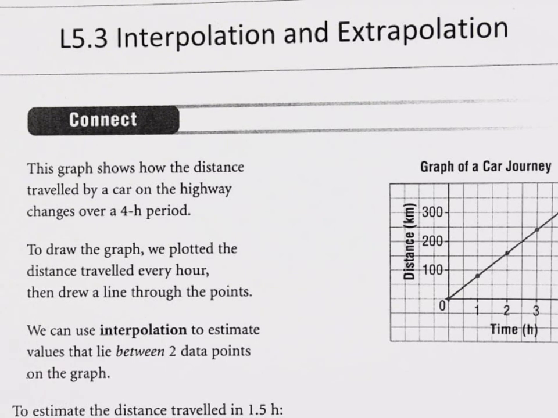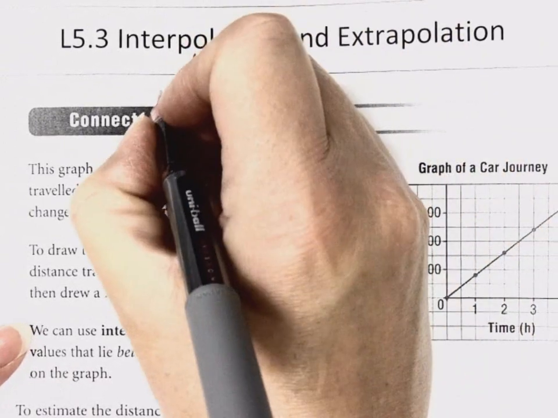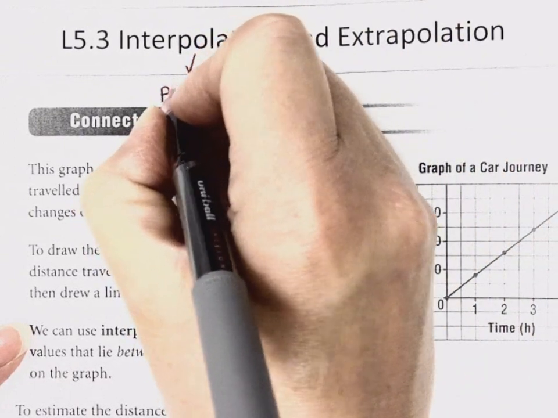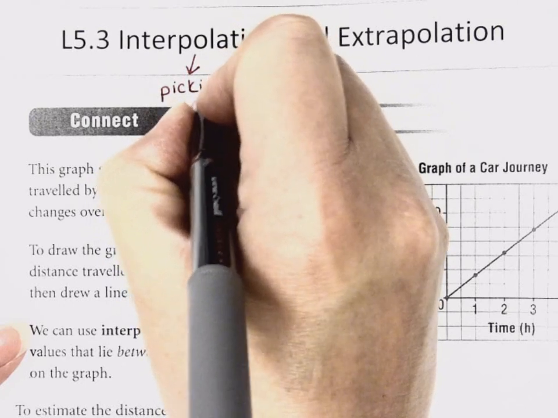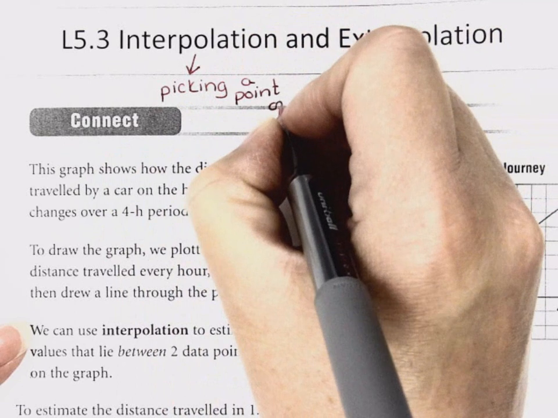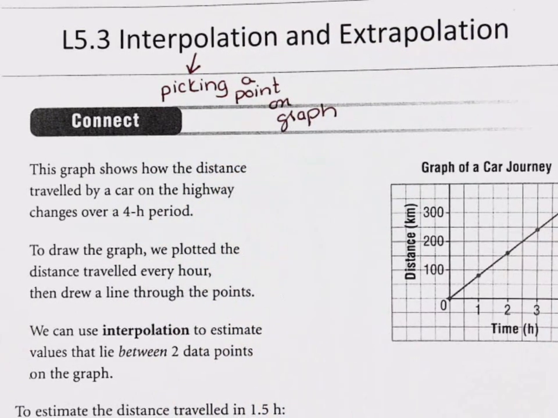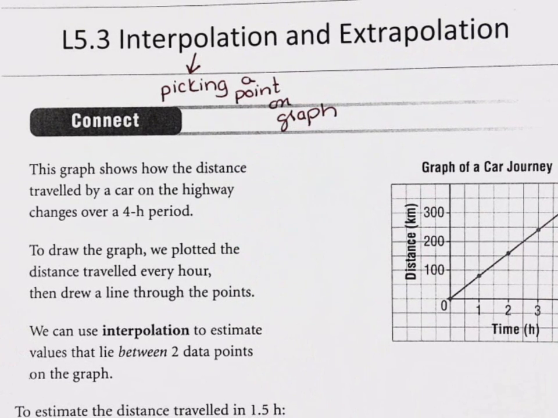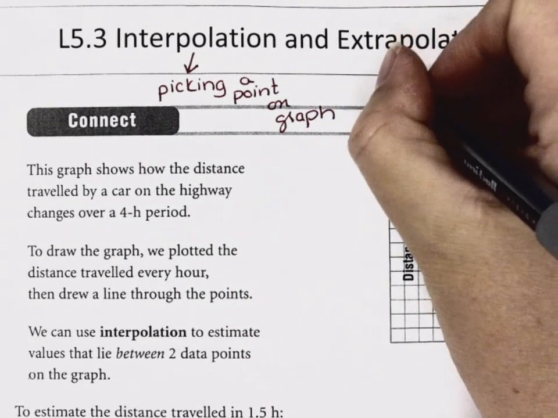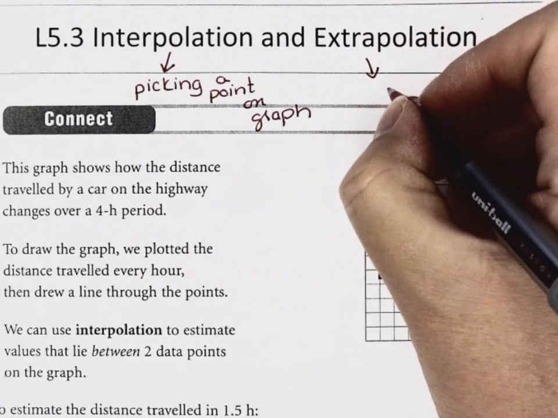Mathy words that we have here: interpolate and extrapolate. You might have heard extrapolate before, but probably interpolate you haven't. Interpolate is when we pick a point on the graph. It might not be a specific data point, but it's within the graph that we've graphed. To extrapolate means to make a reasonable guess, a reasonable mathematical guess